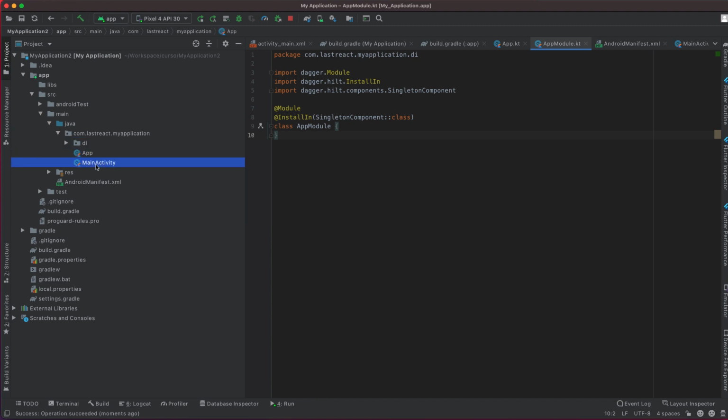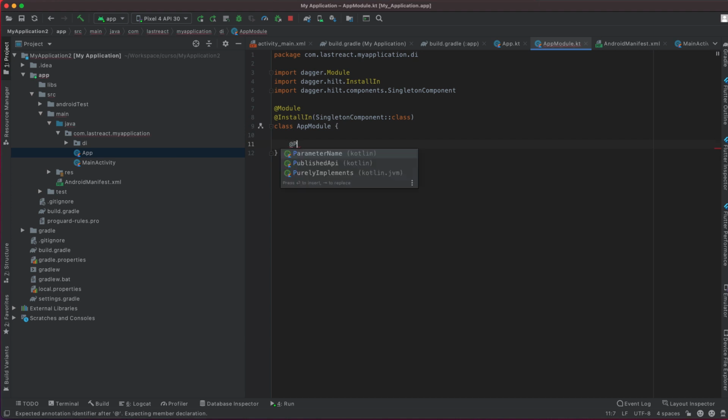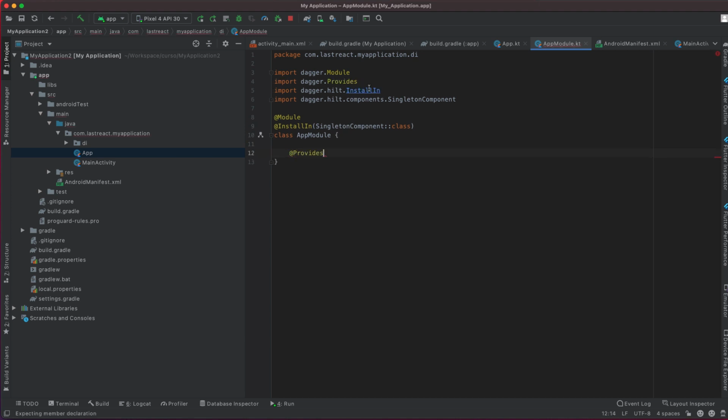In our AppModule, let's create something very simple. At this point, let's create shared preferences, which we're going to use to see if our shared preferences are really created, and we can use it along all the application. For that, what we need to do is the following. Here down, we create one more annotation. It's called @Provides. As you can see, Provides also comes from Dagger. After Provides, we can create fun provide